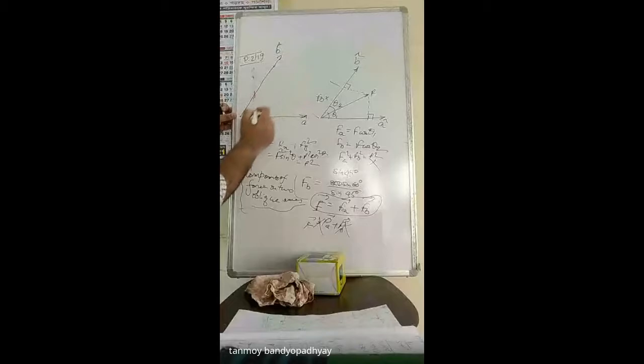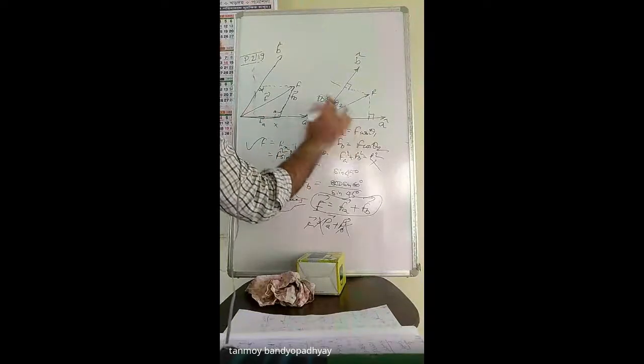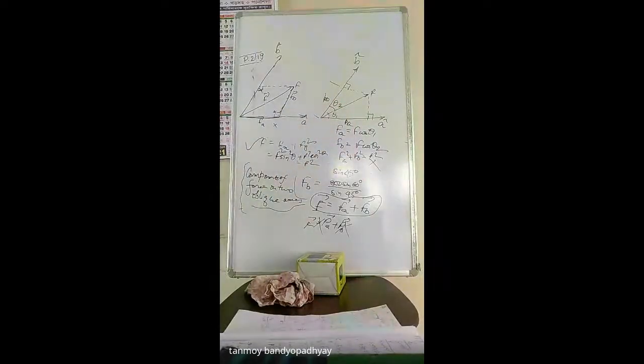So এইটাকে আমি যদি parallelogram law দিয়ে solve করতাম, so this is F, so if I draw a parallelogram so that this line is parallel to b and this line is parallel to a, so in that case এইগুলো কিন্তু perpendiculars নয়, these are not perpendiculars. So in that case actually this is a vector triangle যেখানে these two forces FB and vector FA join to form the actual vector F. So এটা হচ্ছে solution of this vectorially, and this one is just to find out the projections or the contributions of the force on two axes actually, PA and PB. These are just the contributions of the force on two individual axes, oblique axes.